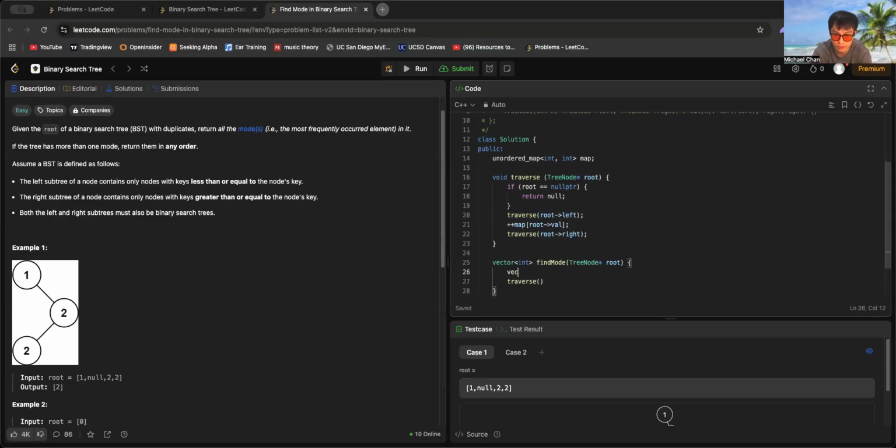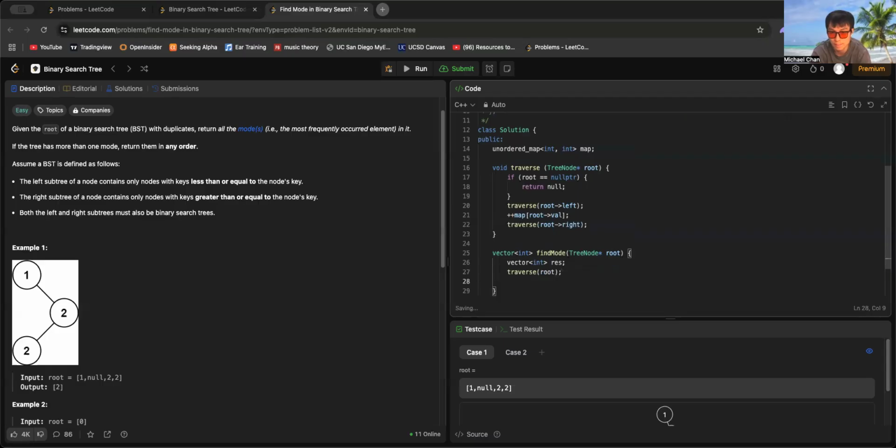First you create a new vector. Then you call traverse on root. Then you have everything in map. Then what you want to do is